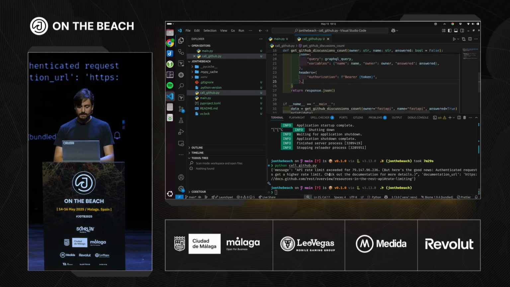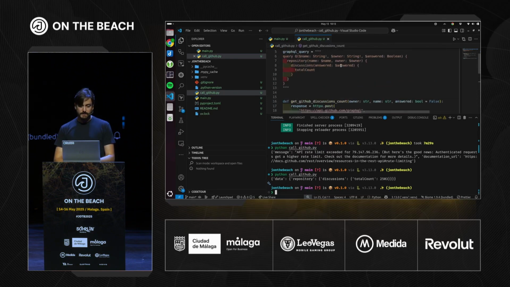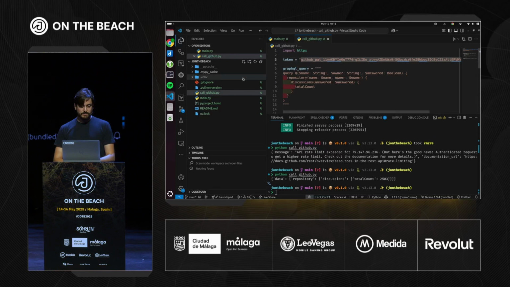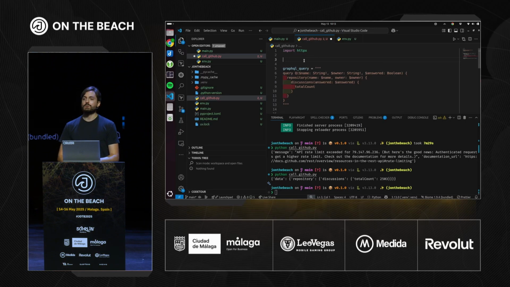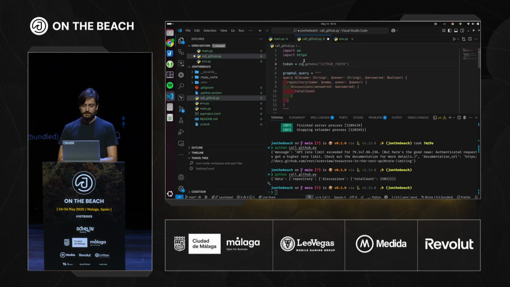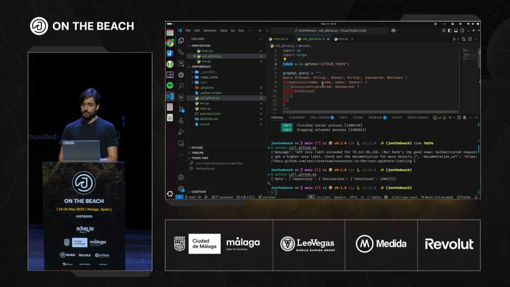If we run this thing again, Python call GitHub, now we get the response that we were expecting. We get the total counts. Nice. This is great. Now, we shouldn't be putting this token here, so let's create another file, .env or something like that for now, so we can move the token there just for bookkeeping. What we will do is read the token from environment variables. So we're going to say token is equal to os.getenv GitHub token. Yes. Now we have a token here, and now we are using the token there. The token is not written in the code, and we will not commit it.